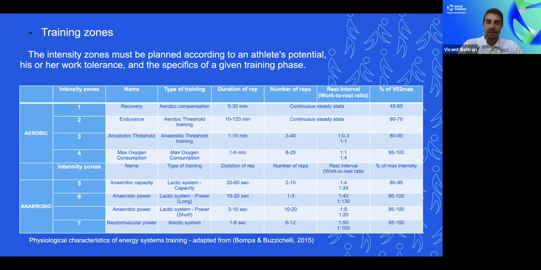Would you agree? Yeah. I would like to differentiate two things here. The most important one I consider is what you do to develop a certain energy system, and then what you do to train specifically to the demands of the competition. So there are two completely different stories. If you want to develop VO2 max, there are only a few ways you can do that. The most effective one that has been published recently is the famous HIIT, short bursts of intensity,